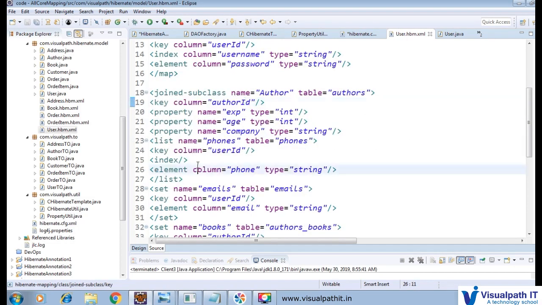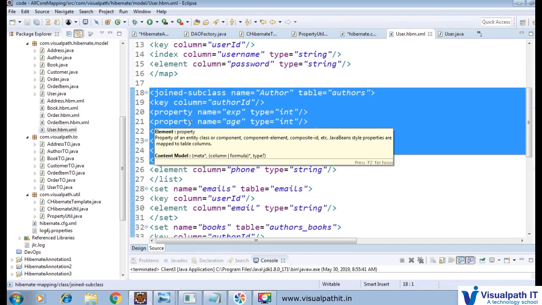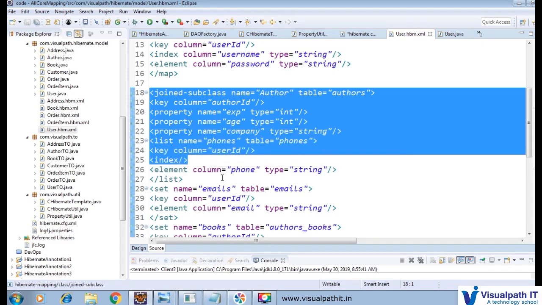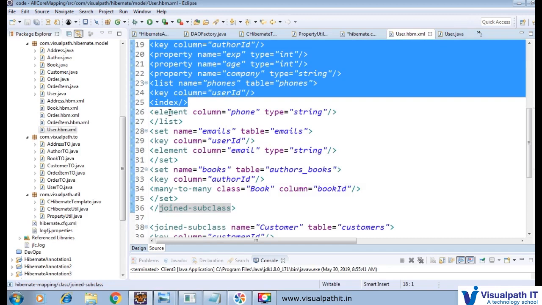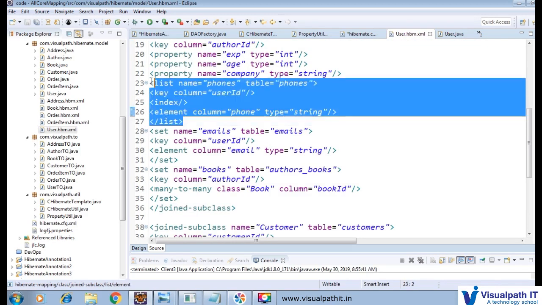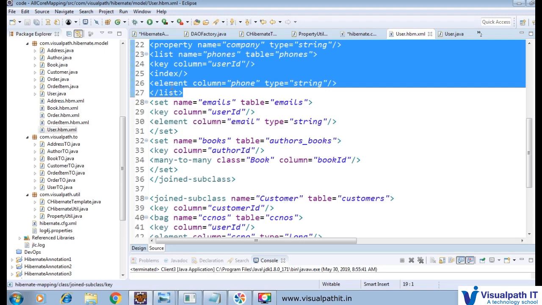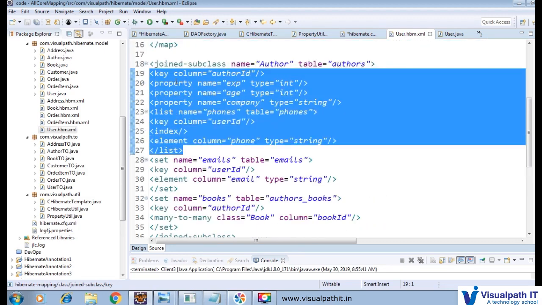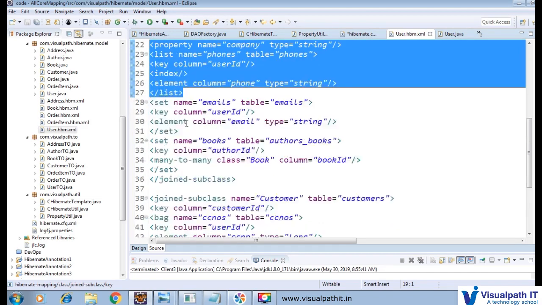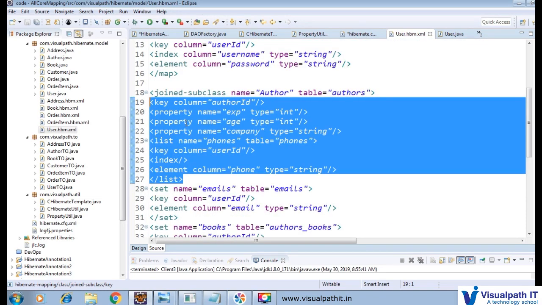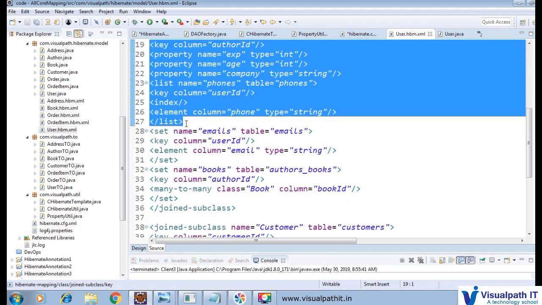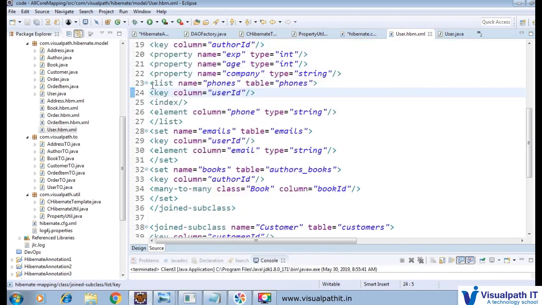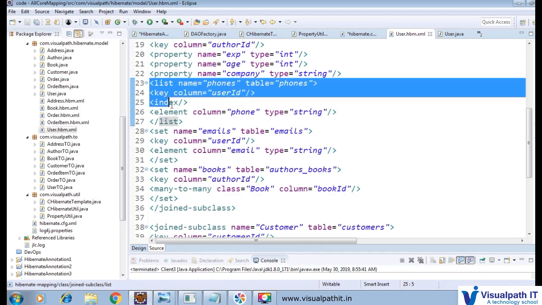This is related to inheritance mapping, where we are going to map our author class with user. Next we will come here to element and list, because of the index, because we are using this particular mapping. And inside that mapping